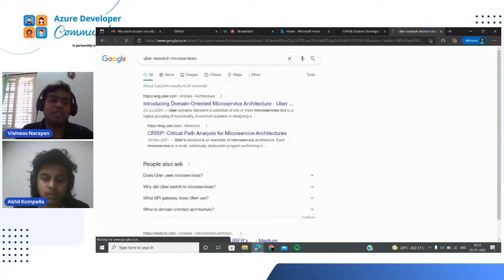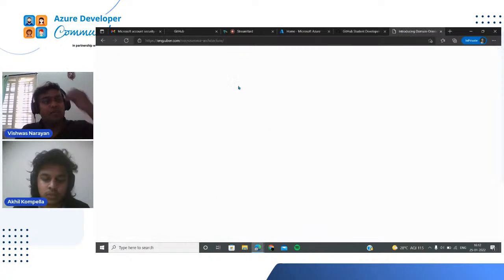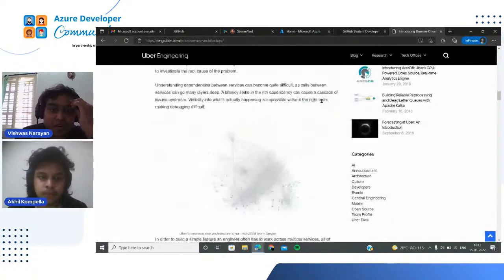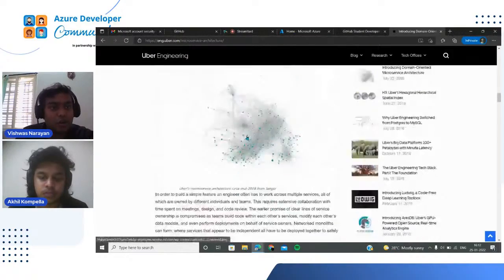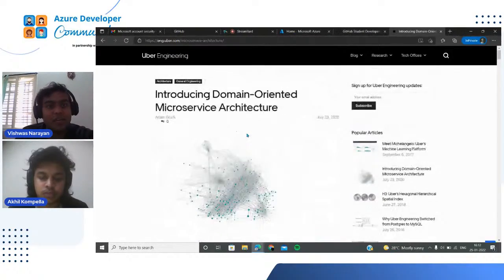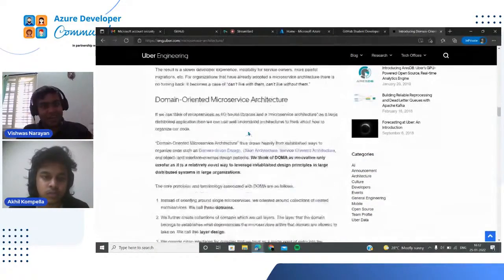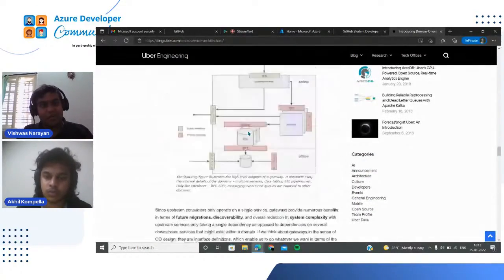Microservices, I think it was once shared by Vivek Sridhar sir. I've really forgotten that post, by the way. I don't know. Yeah, this is the same post, the domain oriented microservices. Yes, I was thinking about the post that he shared, and this is the same post that he had shared